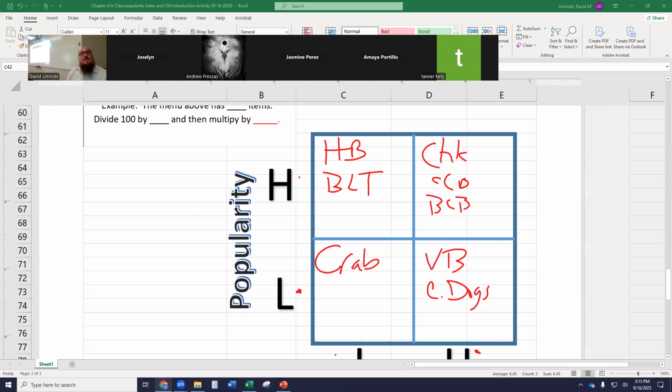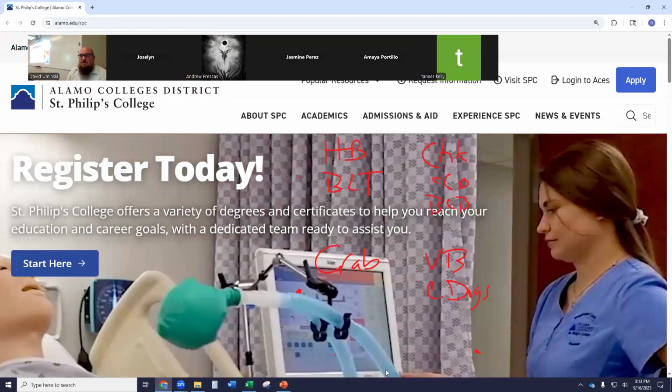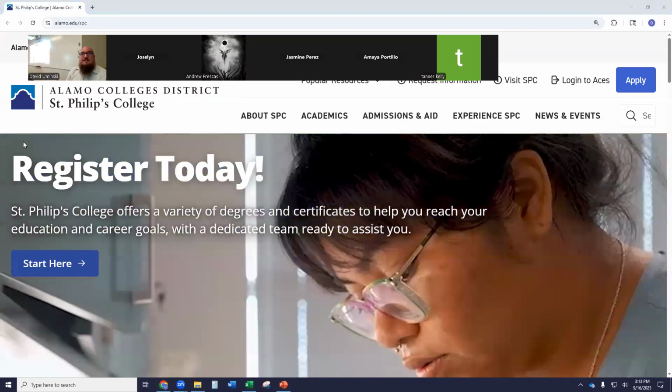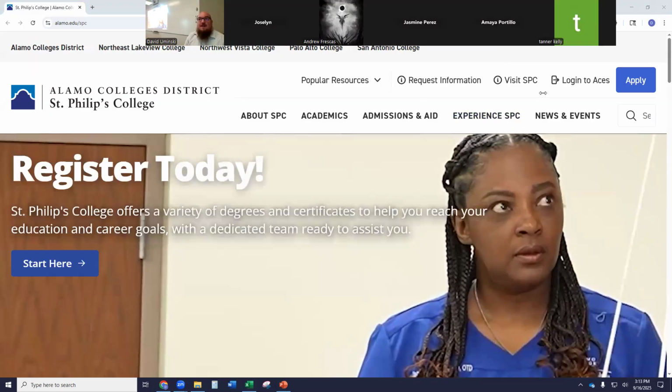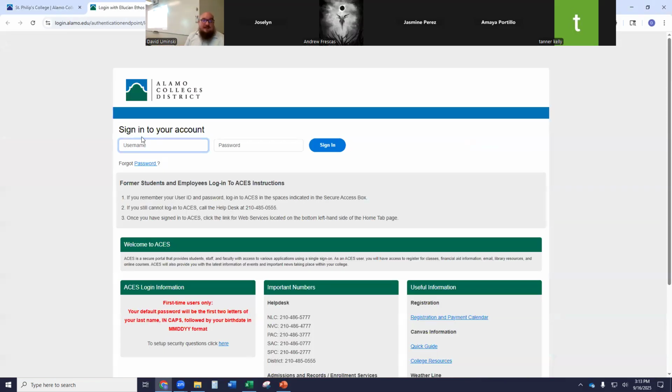What would be a good amount of time to wait before analyzing it? That's a good question. I don't think there is a set amount of time that you want to wait. You may analyze it on a daily basis, like if it's a special, to see how many of the item people are buying. You may want to do it on a weekly basis. So it kind of just depends. I can't give you a set time, but I would say between a week to a month, because you want to have time for people to sell it and buy it.